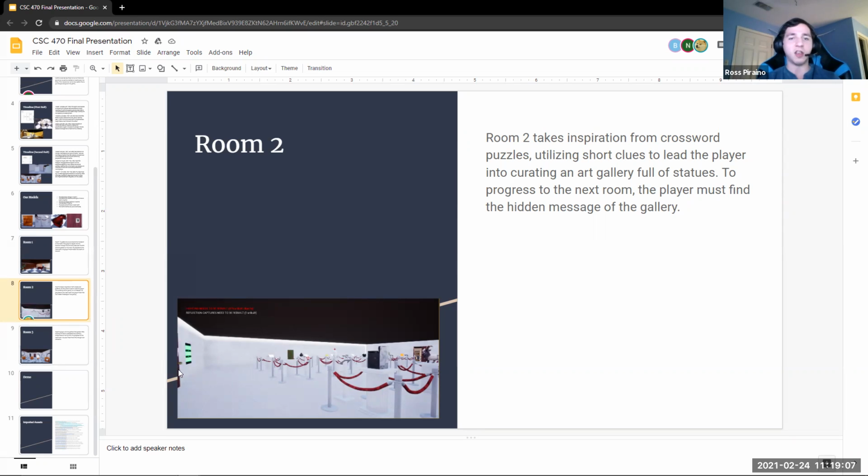You've got to answer and find all the object names, and then eventually you have to figure out that the first letters on the walls lead to answering the final door. So, and for room number 3,